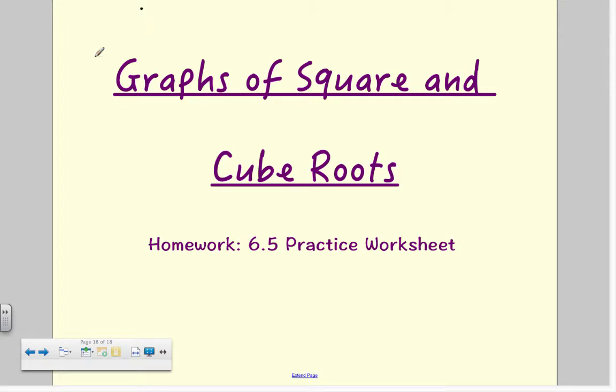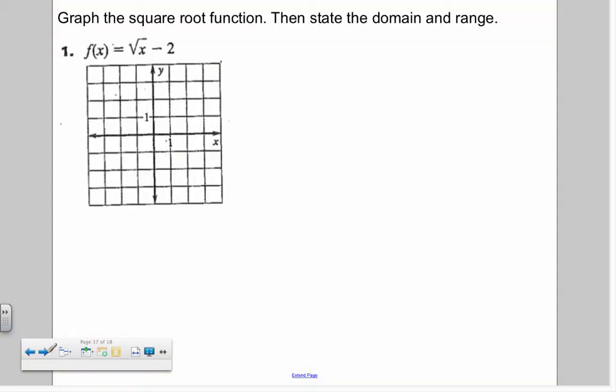Okay, let's talk about graphs of square root and cube root. So this is from your practice worksheet 6.5, and I'm going to start with problem number 1. Problem number 1 says graph the square root function, then state the domain and range. So here I have f of x equals the square root of x minus 2, where minus 2 is not